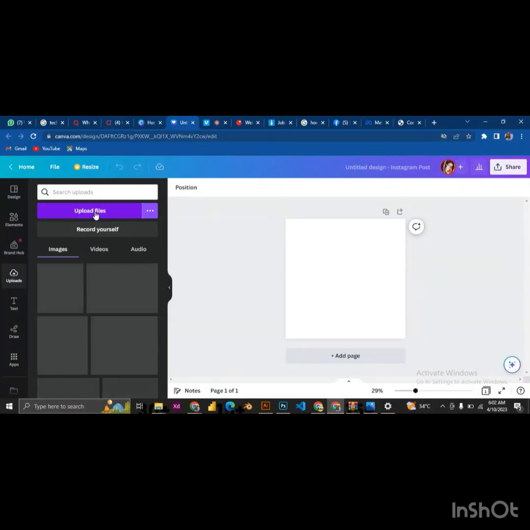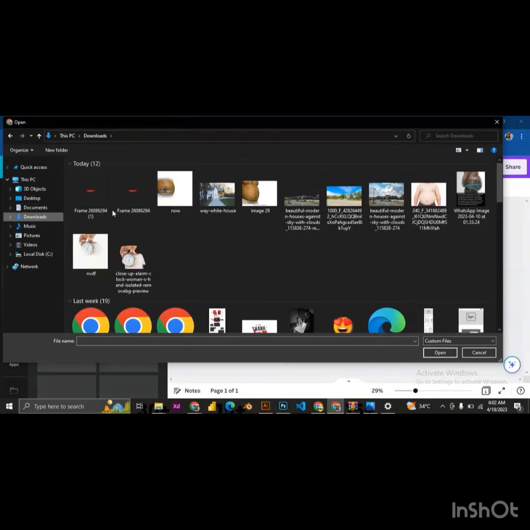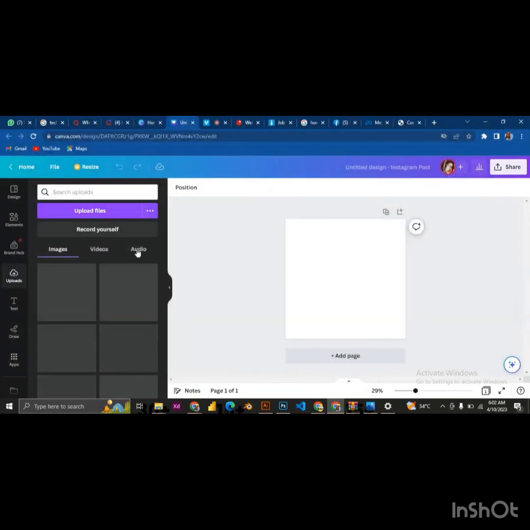So how do you upload? Just click on upload files, and then it takes you to where you downloaded those files. This is my download folder, and then you choose, you click on open, and then it automatically uploads. After that has been done,